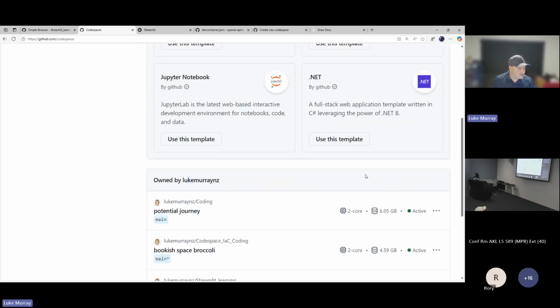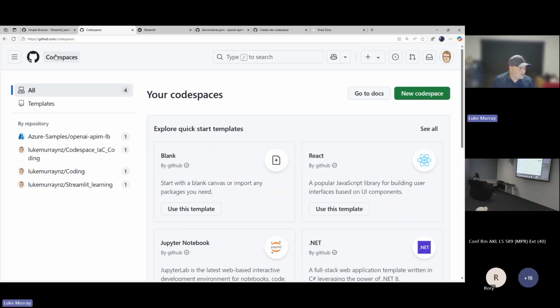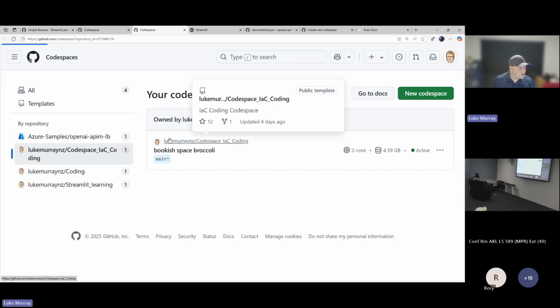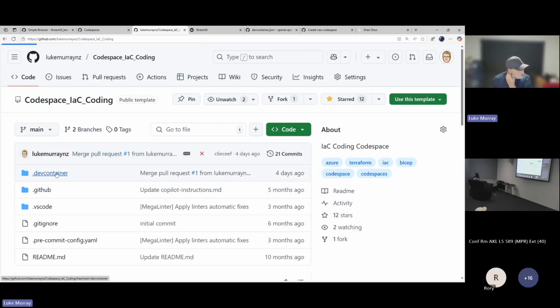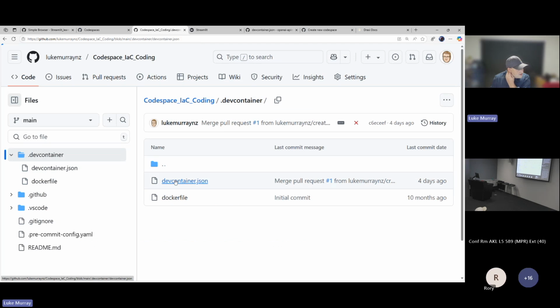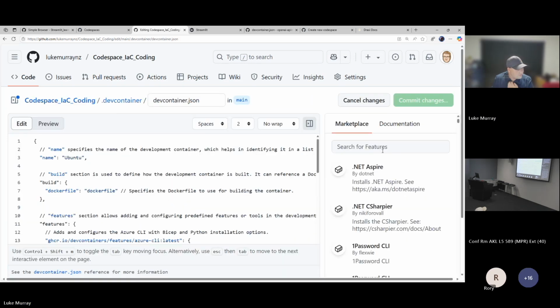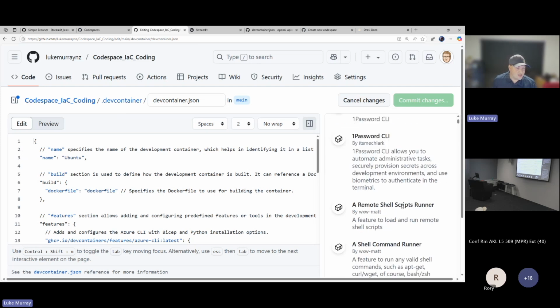Use the templates. If I go into this one, I go into my repository, then I go into my dev container, edit. You can also, when you're editing these files directly within the repository as well, you can see a lot of